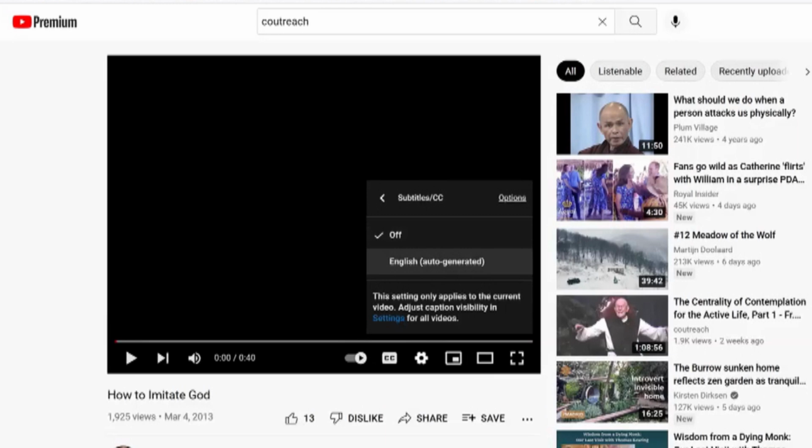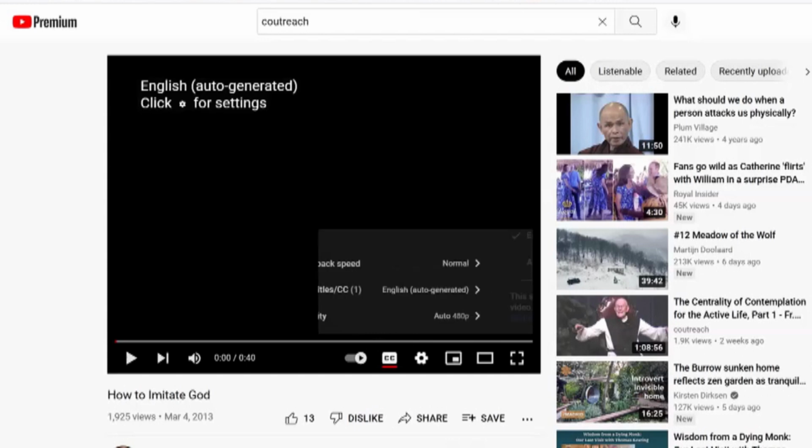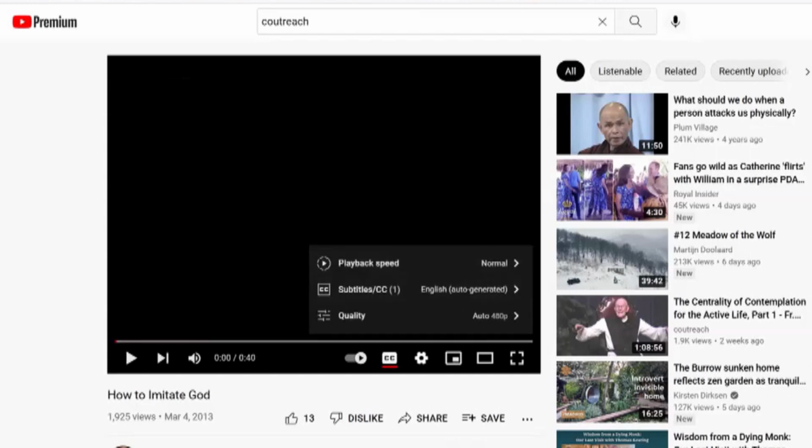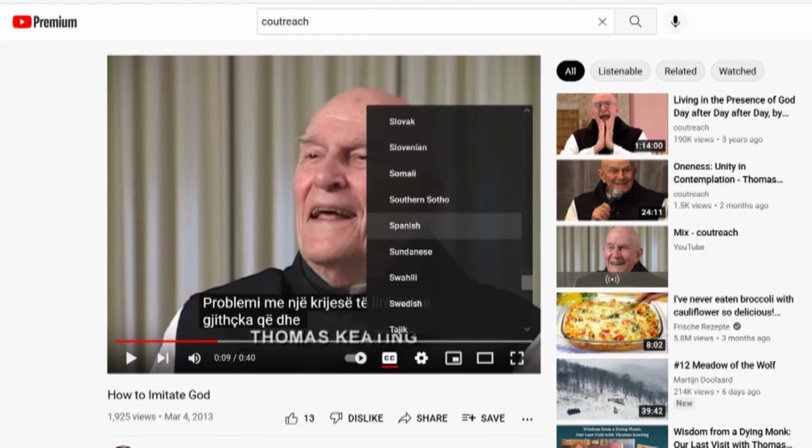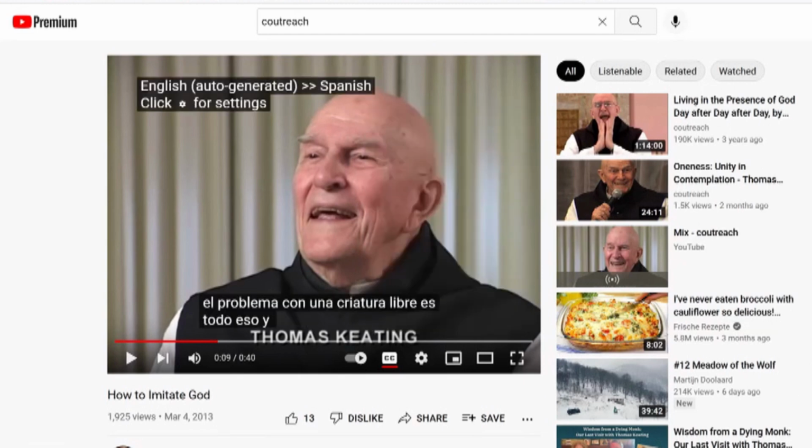So I don't see the word English only, but English auto-generated. So in other words, it's what a machine did. But this is what I've got, so I'm going to choose it. And then I am going to go to auto-translate. I'm going to choose Spanish again. All right, so here we are.